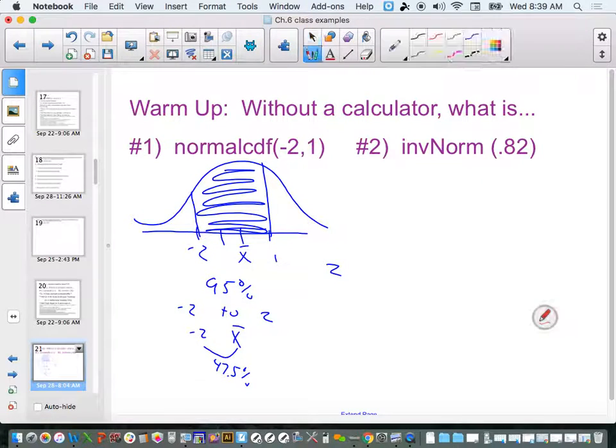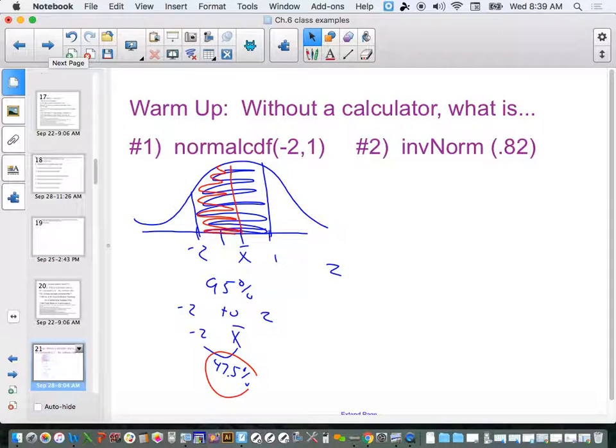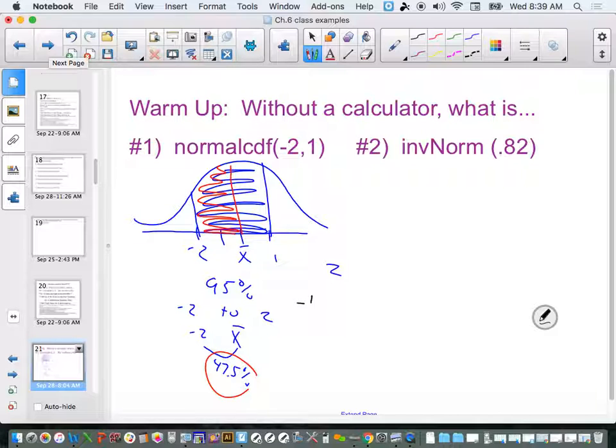So 47.5% is from the mean to 2 standard deviations below. And then remember, within -1 to 1, that's 68% roughly. So from the mean to 1 would be half of that, which would be 32%. So if you take 32% plus 47.5%, you get